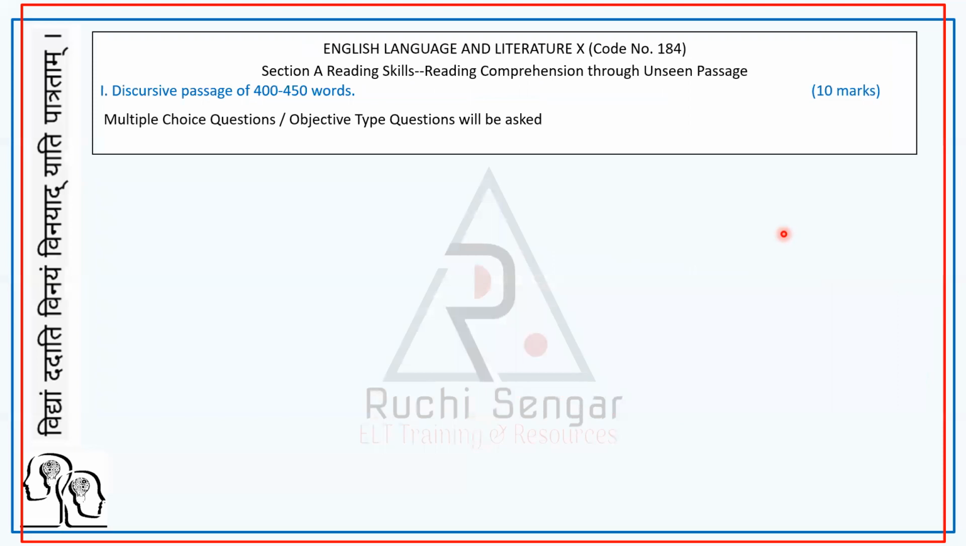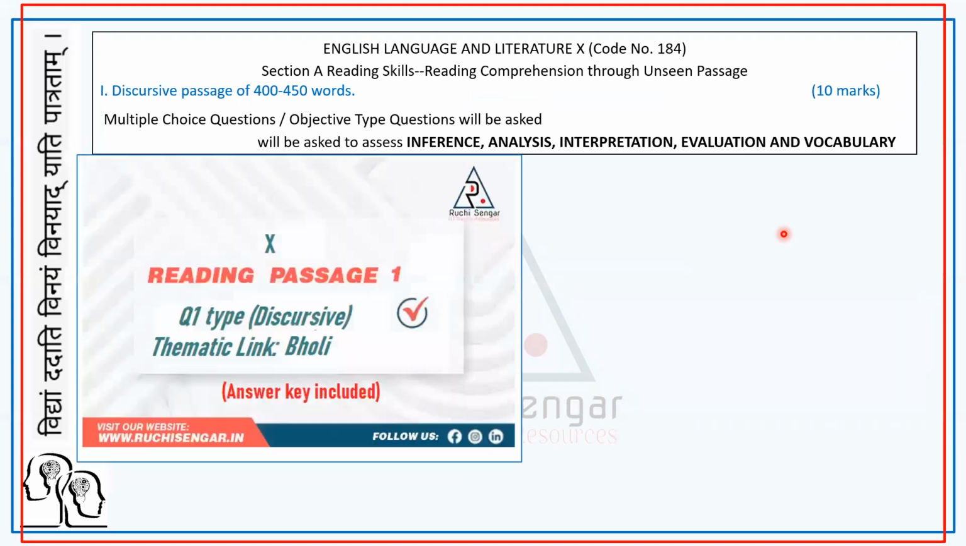Then you have the class 10 specifically, again, a discursive passage. Again, look at the competencies. They are all the same. There is no comprehension written anywhere. Okay. So I've sort of linked the discursive passage to Bholi. Why am I saying that it is linked? The reason I'm saying that it is linked is,